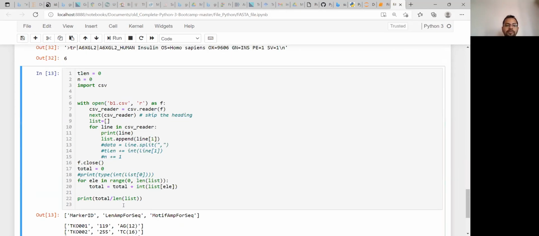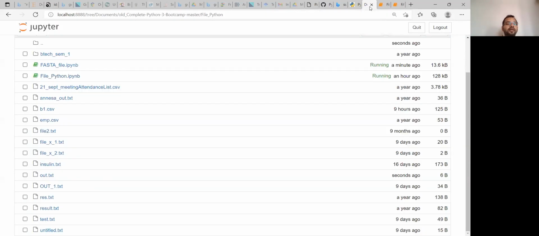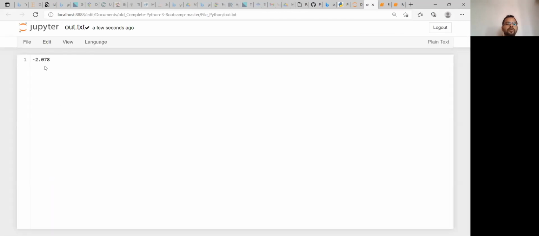Now if you run this, what will happen? You can see that some junk values are printed. This is not the answer because we have not printed anything to show in the terminal, but Jupyter Notebook is taking something and showing this thing. No problem with that. You go back and check where that out.txt is, this one. If you open it, you can see the exactly same results in the out.txt file. So it is written on that particular text file.